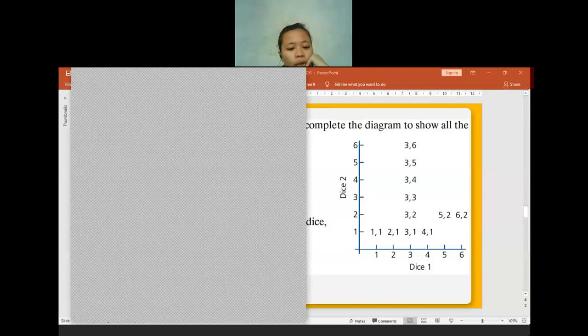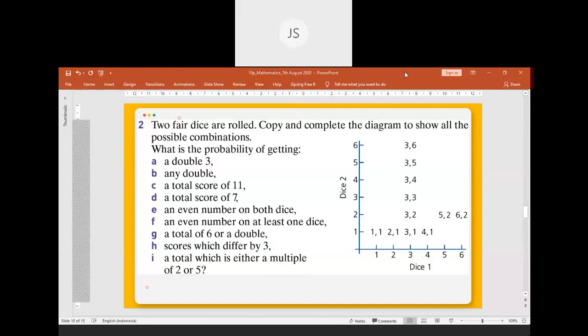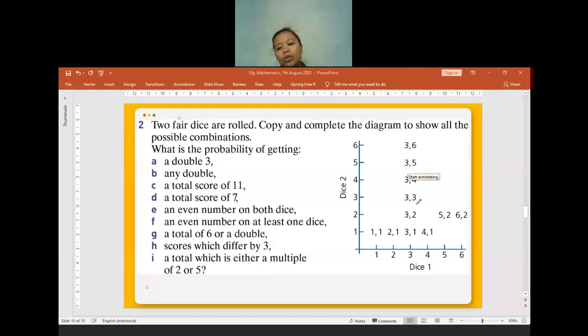A double of 3, the question, is only the number 6. Wait, I just read a double of 3 just means 2 threes. Wait, Jeremy, can you tell me what you mean? I don't understand. 2 threes or 3, 3? Oh, sorry. I read it the wrong way. A double of 3 means the number 3 will be doubled. Sorry, I'm misreading. What Jeremy said in the comment is correct. A double of 3 means the number 3 happens 2 times, so 3, 3 like this.